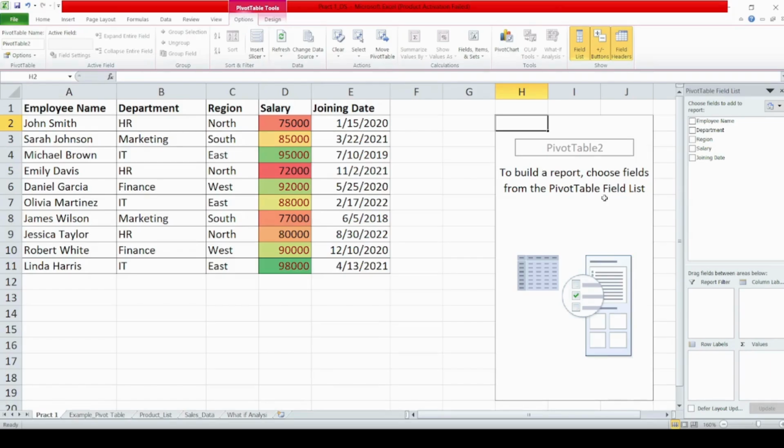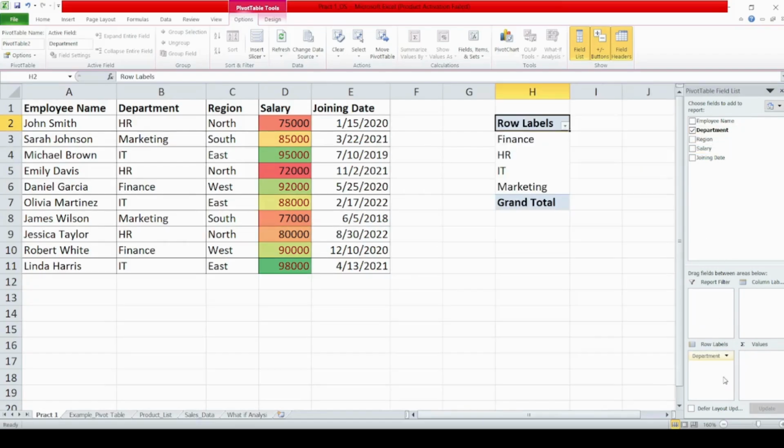Okay. In that, what do I require? I have to show the summary of my total salary by department. So I'll take department in my rows and I'll take salary under my values. So you can see Finance, HR, IT, and Marketing are my department names and the sum of it. An employee can work either in Finance or in HR, or it can be both. So, based on that, we calculate those salaries and give the sum of it and the total salary, the grand total.